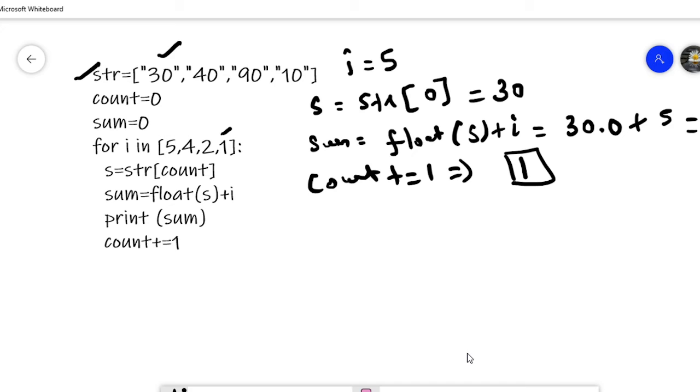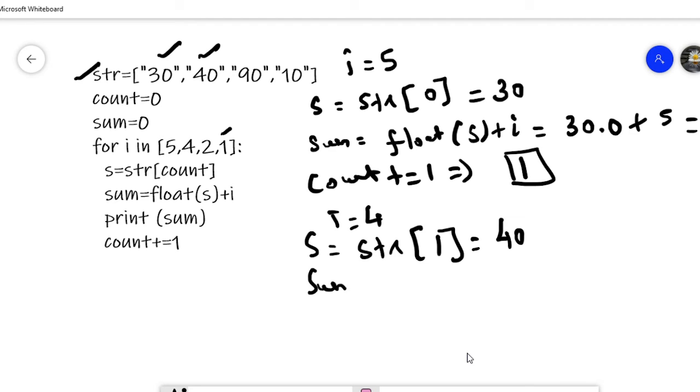Okay, then the second iteration. In the second iteration, the i value is 4. So s equal to str of count, and the value of count is now 1. So str of 1 indicates the second element of the list str, that is 40.